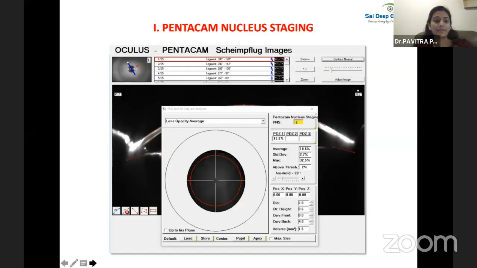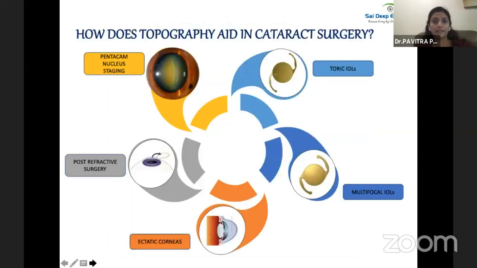This is particularly helpful in those patients where clinically we don't really see any cataract or any signs which mainly suggest a decrease in vision, but the patient often complains of blurring of vision. So basically, this Pentacam nucleus staging offers an objective measure of the lens nuclear density of nuclear cataracts, and therefore it might be useful to evaluate the progression of the cataract objectively in our clinical practice.